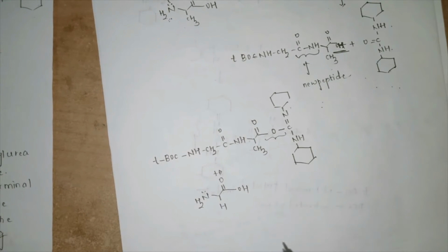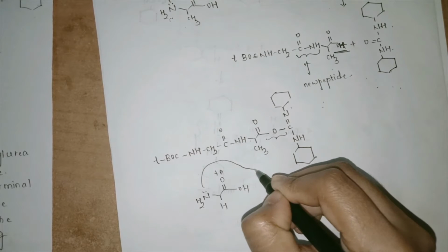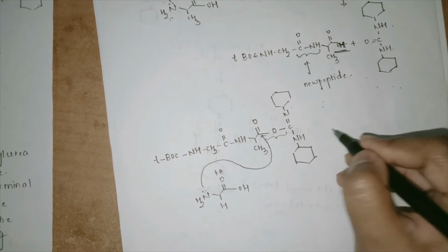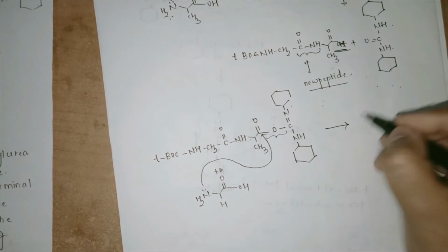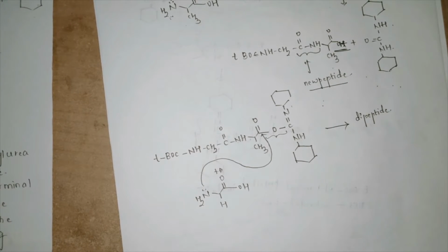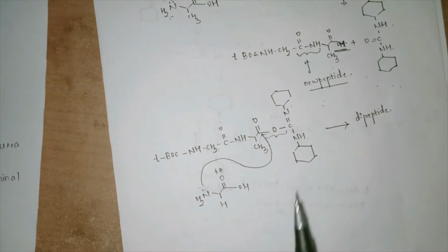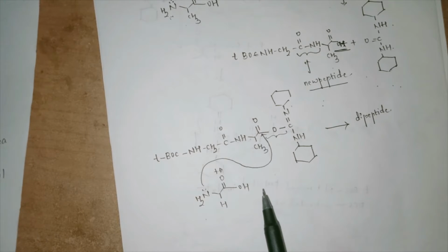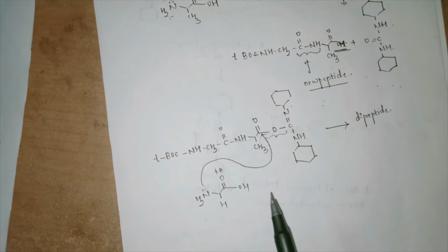To this, the lone pair of electrons are present. This will go and attack onto the carbonyl carbon here, and then there is again further the same chain of reaction. Here I have got a monopeptide, here I will get a dipeptide system. So this long chain can be continued as long as we go on activating the C terminal system and then adding a new amino acid, so that the long chains can be continued. This is how, by just activating the C terminal, I can get n number of peptide system. That can be a monopeptide system, a dipeptide system, so on and so forth.